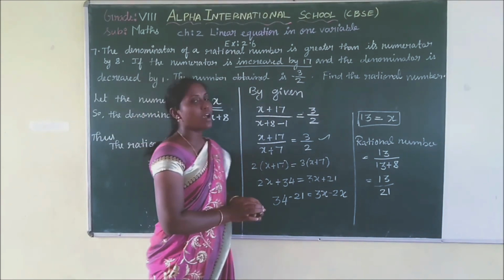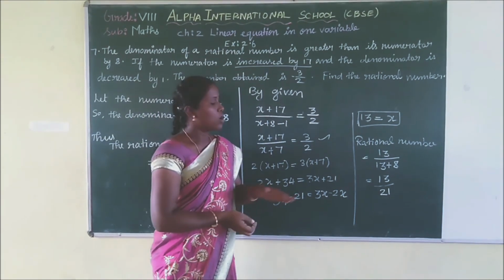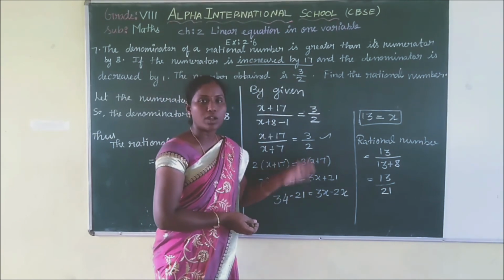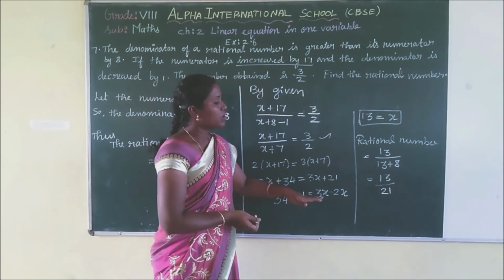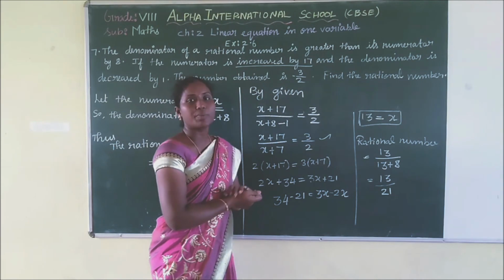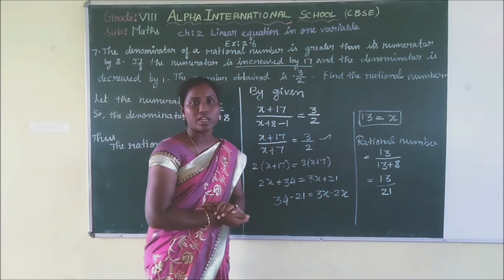So after this we have completed the second chapter. Only 6 exercises are there. We have solved all the exercise problems. So we have completed our second chapter, linear equation in one variable. So based